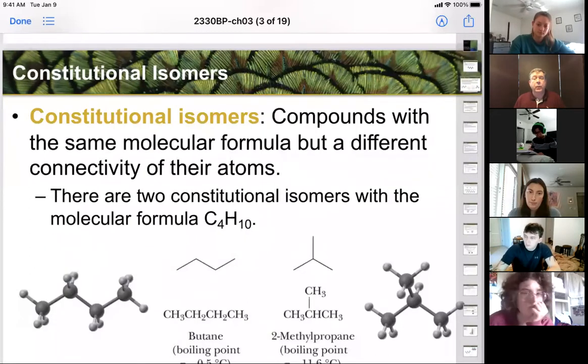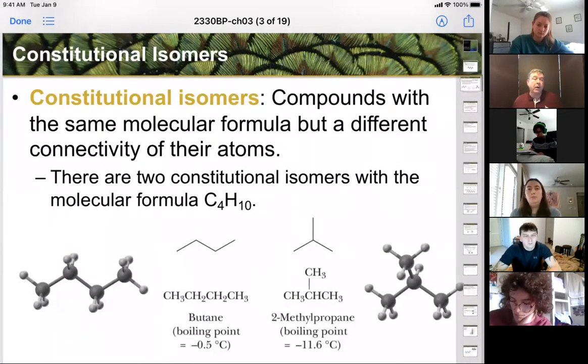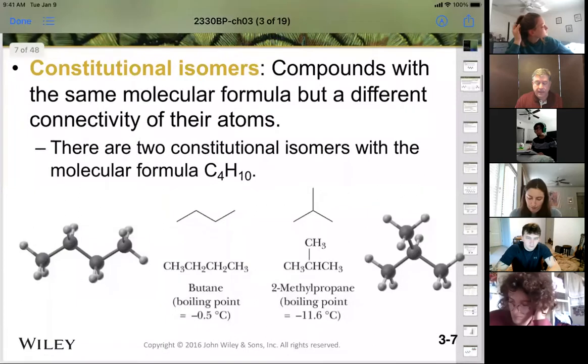However, to get the variety of different hydrocarbon compounds we have available to us, we actually have to start hooking those same number of carbons in different ways. And when we hook the same number of carbons up in different connections, we call those constitutional isomers. So they're isomers, and they're only isomers in the way in which they're hooked together. Okay. So an example of that would be this